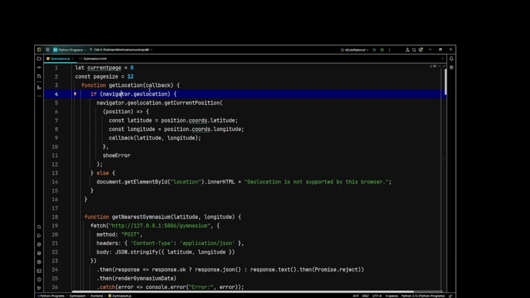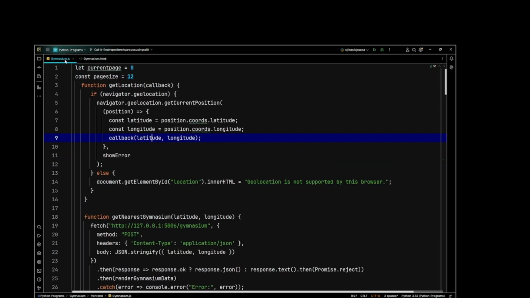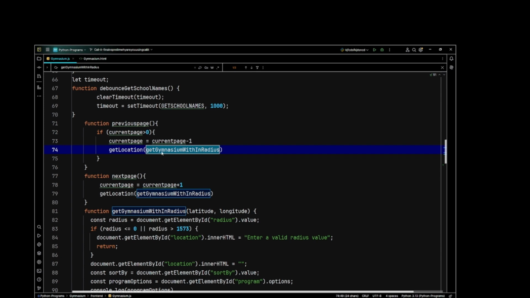So we have navigator.geolocation and then getCurrentPosition. To get the current position, we're doing const latitude and longitude, getting the position with the coordinates, and then we're putting that into the callback. So the callback is getGymnasiumWithinRadius. So if we go to getGymnasium here,